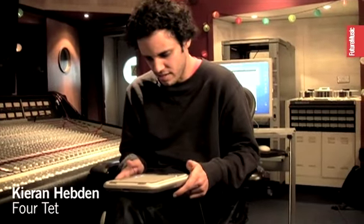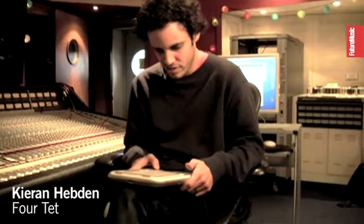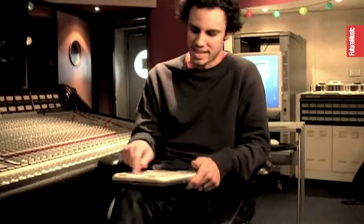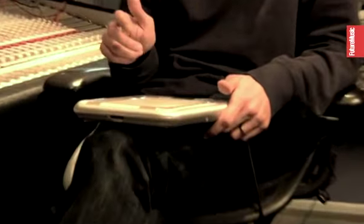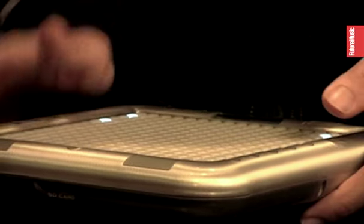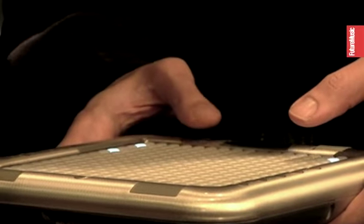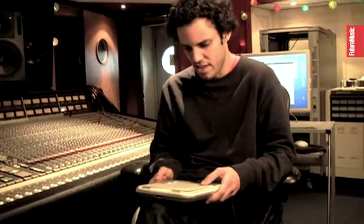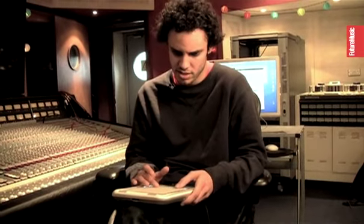Okay, so this instrument is the Yamaha Tenori-On, which came out a couple of, how old is it, 2 years? I think it's nearly 3 years now. Well, yeah, and it's this kind of step sequencer, and it's got some basic synth sounds in it, and I use it a lot when I'm traveling around. It's something that you can just make little bits of music on when you're on a train or a plane or something, and there's one track on the album called Sing, which I ended up using this,